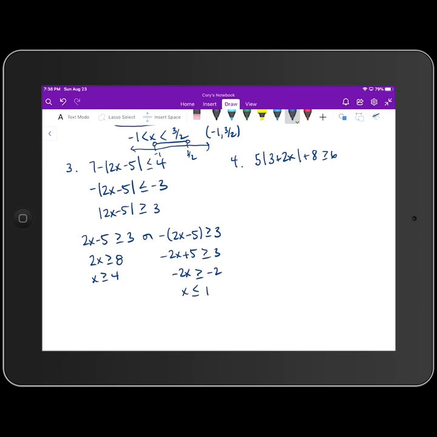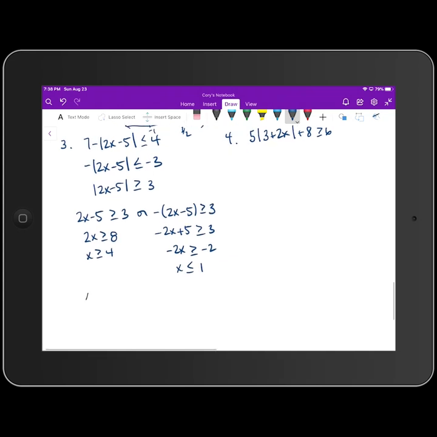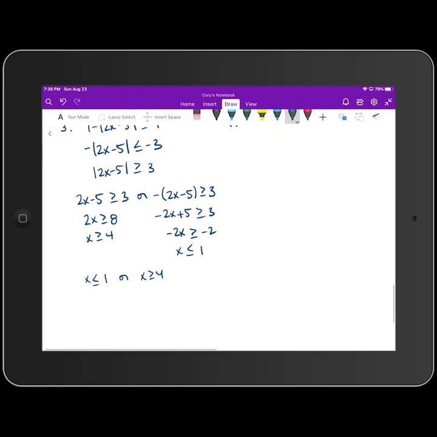Okay, now when I rearrange these inequalities from smallest to largest, we get x is less than or equal to 1, or x is greater than or equal to 4. Well, I can graph the solution to those inequalities looking like this. So x is less than or equal to 1 is going to be a closed dot at 1, and the graph is going to extend to the left. x is greater than or equal to 4 is going to be a closed dot at 4, and the graph